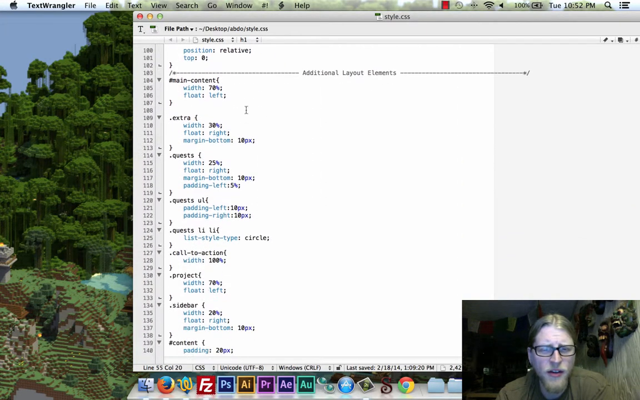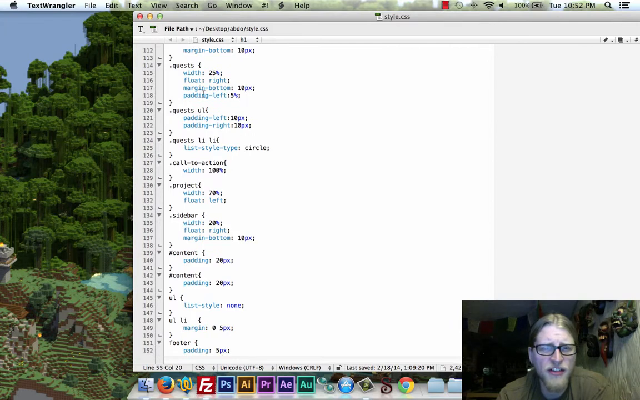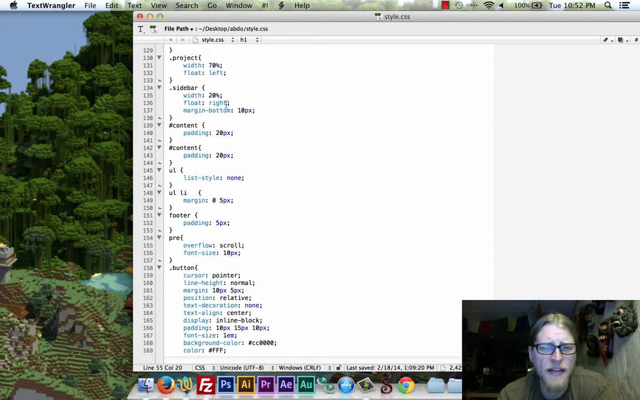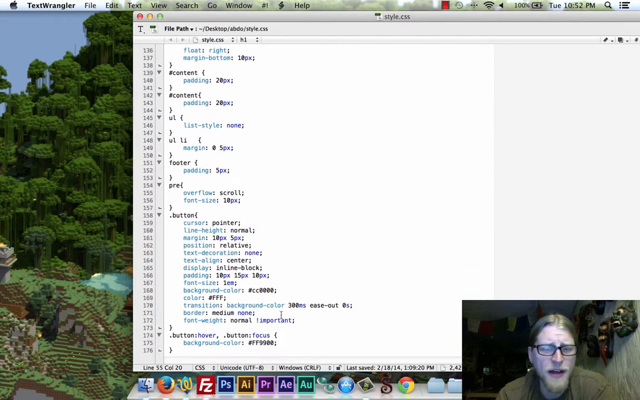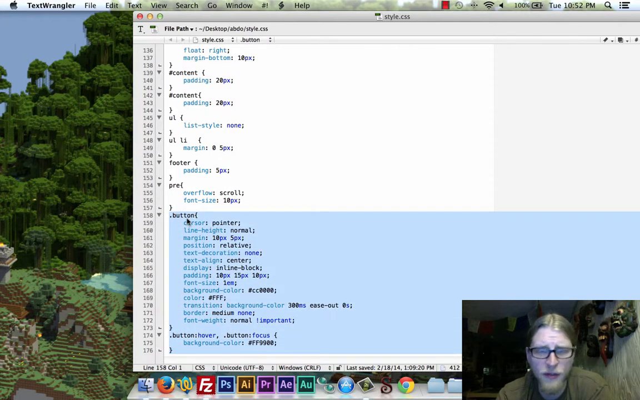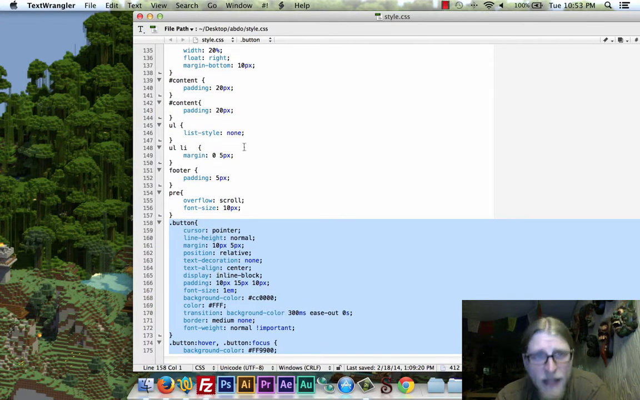If you go down a little bit further in your sheet, you're going to start seeing some of the various areas, kind of what's driving the quest side of things, what's driving the footer. And then I do have this interesting button that I took from another framework that I work with called Foundation 5. I found this great button here. So if we went to our home page,